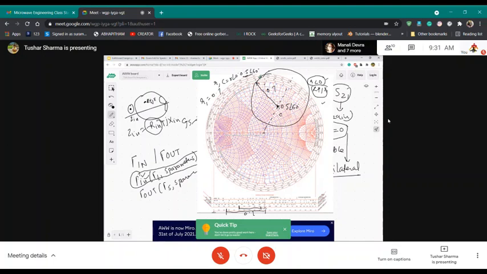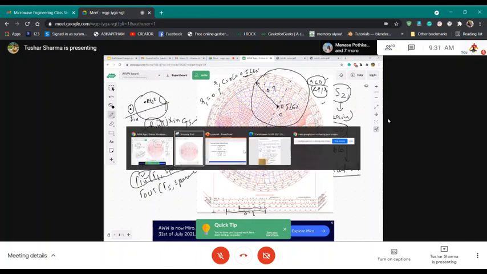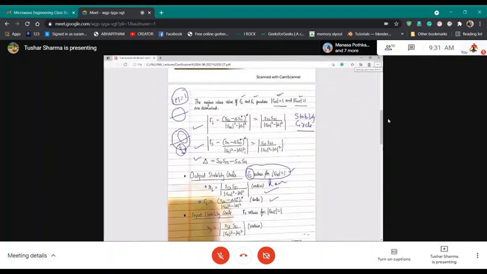So that's how you will be using these stability equations to plot circles. Going back to what we are studying today, the stability in the transistor. To have a device stable, we want to ensure that our impedances are positive. Our device is not seeing negative impedance. Negative impedance means that since my